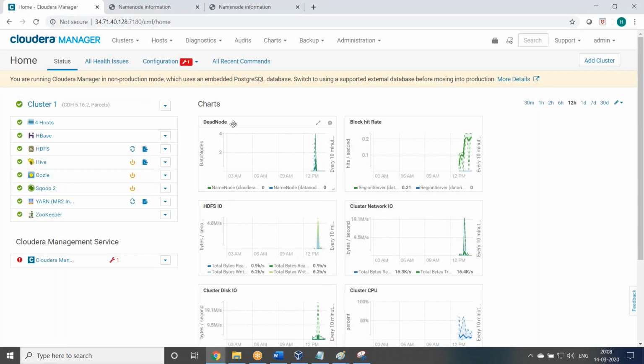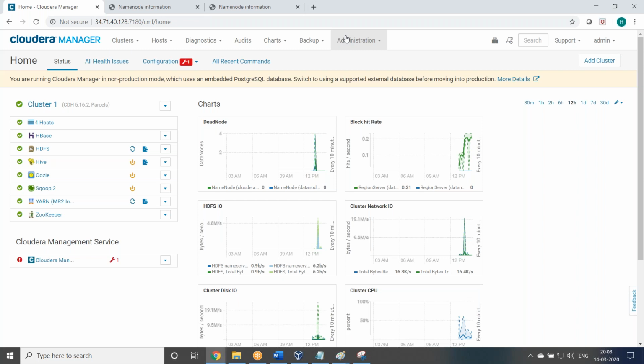Where it is, dead node. If any data node is dead, it will display here. Like that, if you are capable of providing this information, everything is GUI, right? Select, search, create a report, proper name, then just inform the client. That's it.